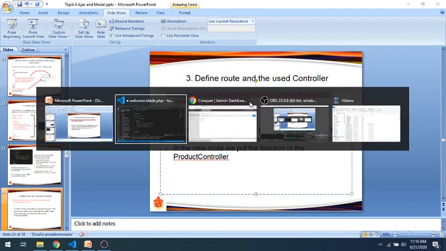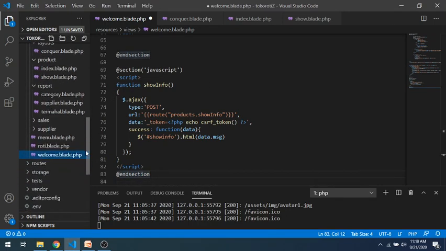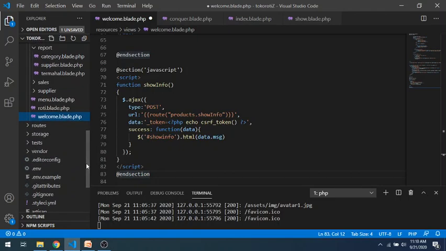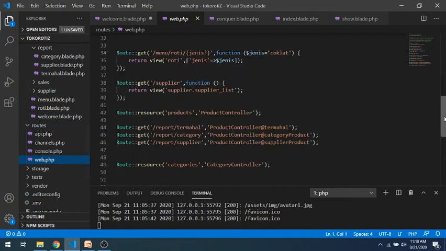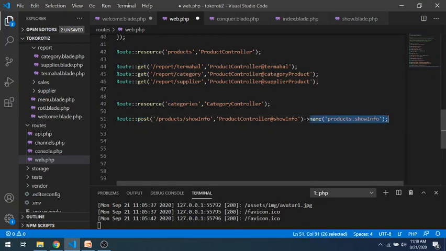Okay, we create it in routes web PHP. In the last line the route is post, and it can be called with this name product.showInfo, or maybe with this URL product/showInfo also.